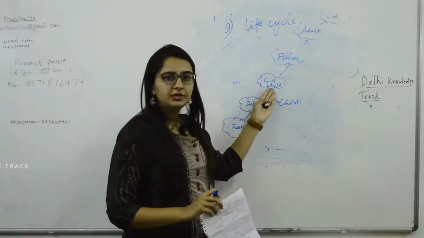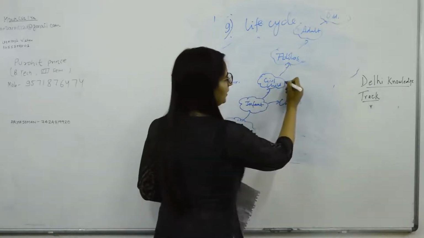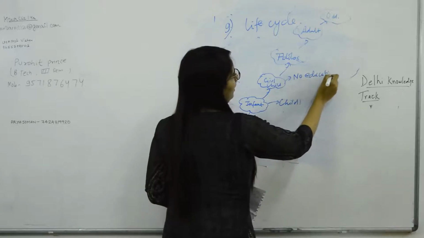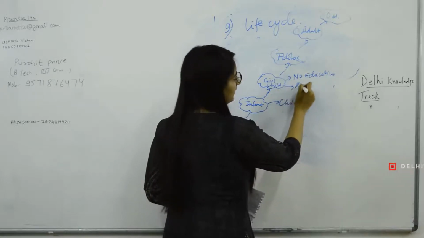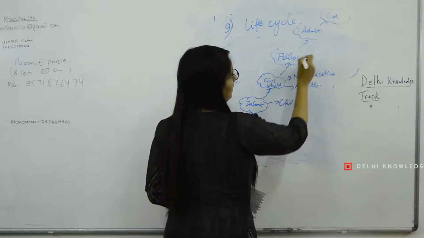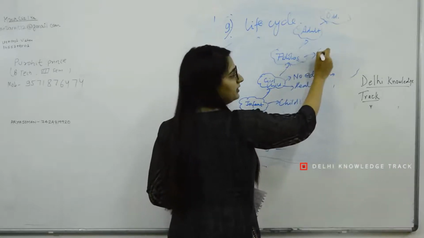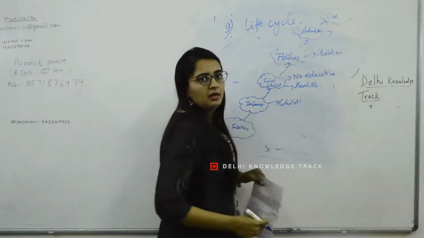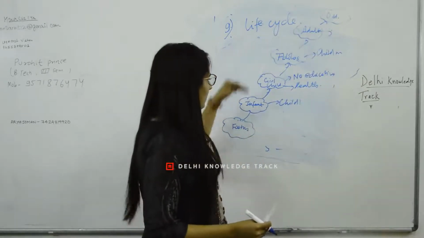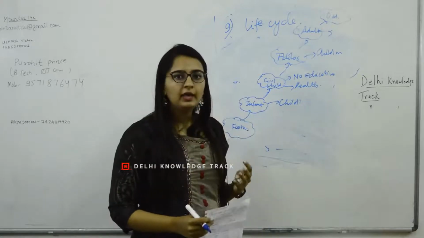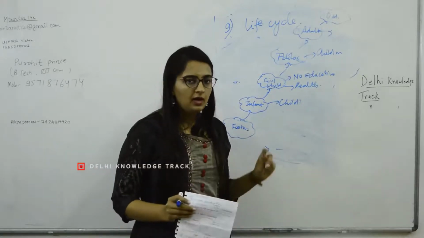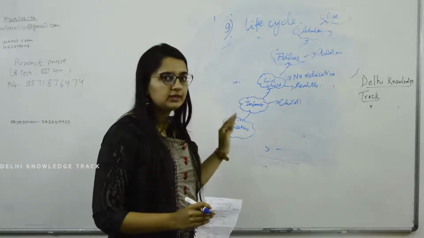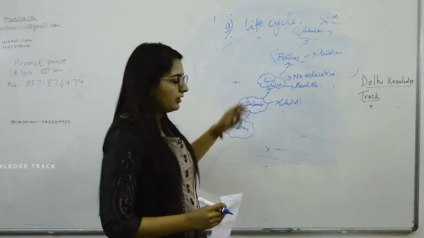So as a girl child, she is not able to get her education. So you can write no education. And what else? Health issues. In adolescence what is happening? Child marriage. In adulthood what is happening? Negligence, menstrual hygiene issues. So with a timeline, our thinking process gets extremely clear, and the examiner also knows that we have covered all the issues in a very comprehensive manner. So this is one approach.